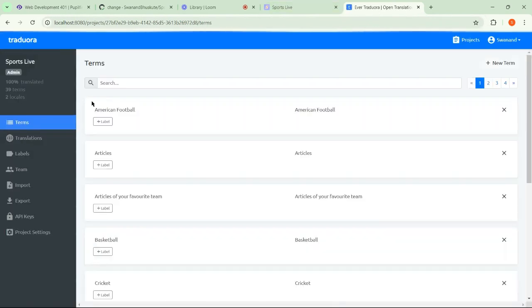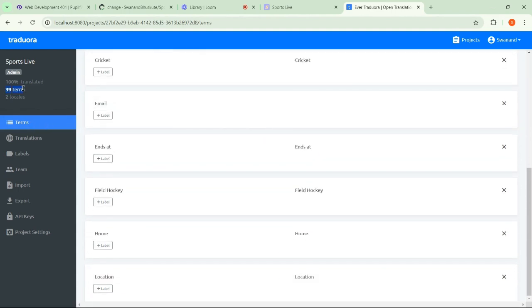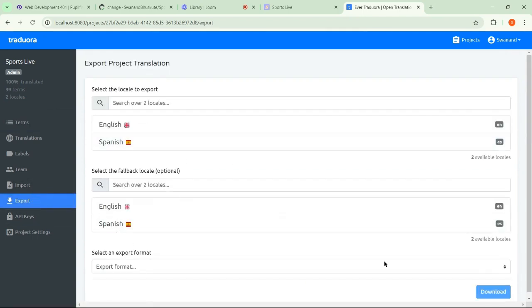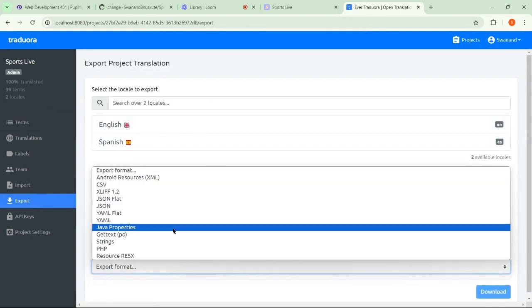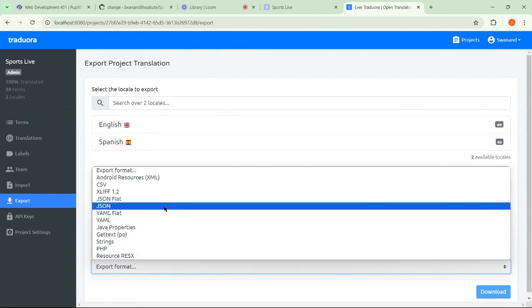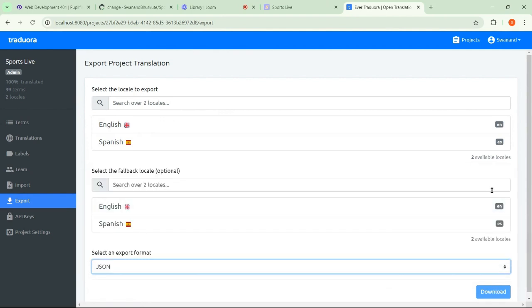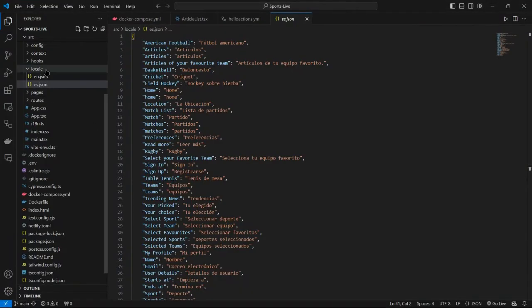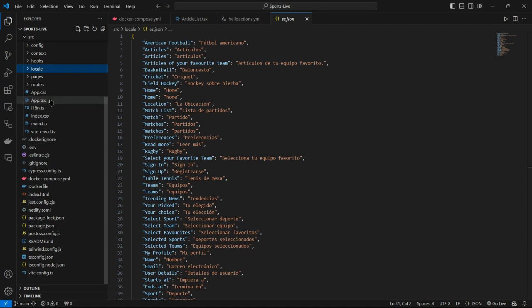You can see all these translations; I have translated over 39 concepts using two locales, and we can export these translations as JSON or any format we want. If we export using JSON, we can download them and select these files. Going back to the project, we have to integrate these locales. First, we need to create a new locale folder, in which we will keep these JSON files. Then inside the app, let's say if we go to the navbar,